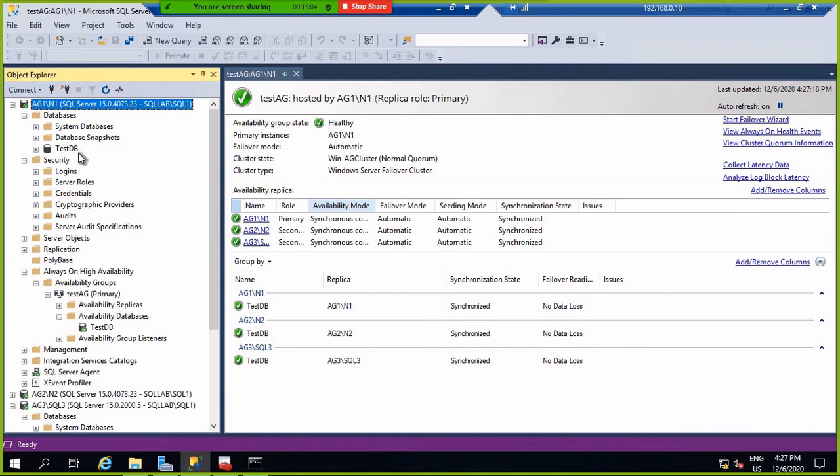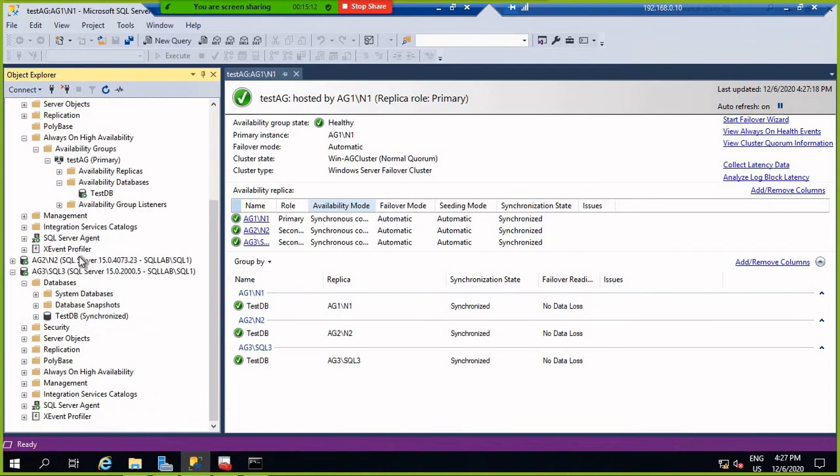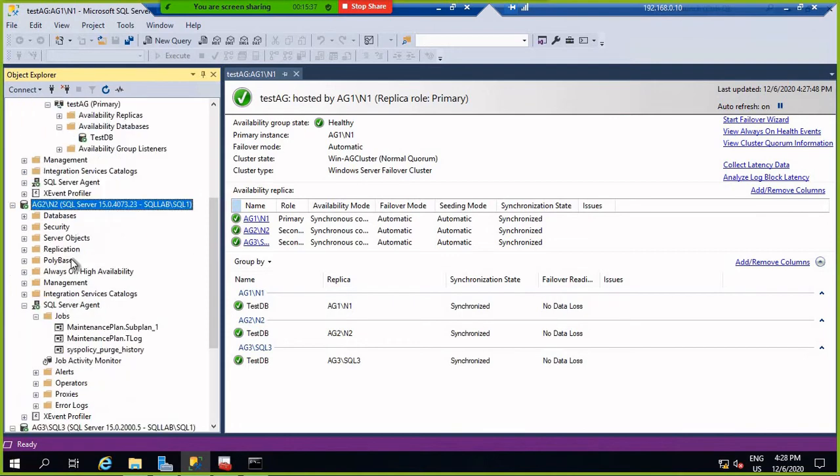The database is in a replicated state like this. Whatever I add in this database is available on this instance and this instance also. This means the database we can access from any SQL instance. The data is replicating to each instance, but at the server level it is not replicating. So we need to create that ID on this SQL instance also.